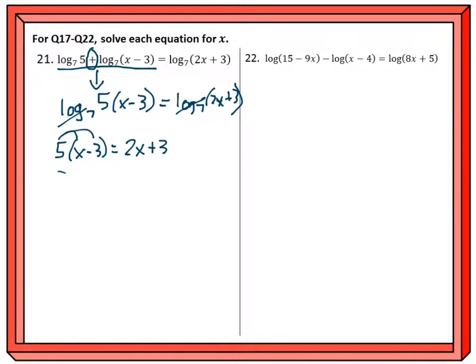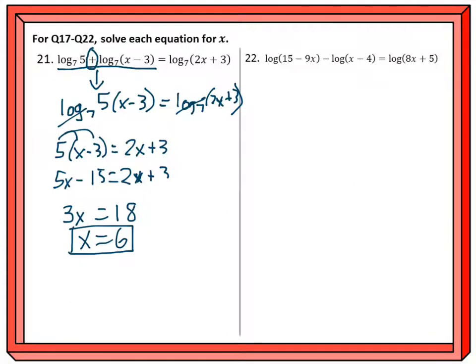Distribute the 5 here. 5x minus 15 is equal to 2x plus 3. Now we've got to subtract the 2x over, so I get 3x. Add the 15 over, and I get 18. Divide, x equals 6. Now whenever you have a logarithmic equation, you have to make sure that that number